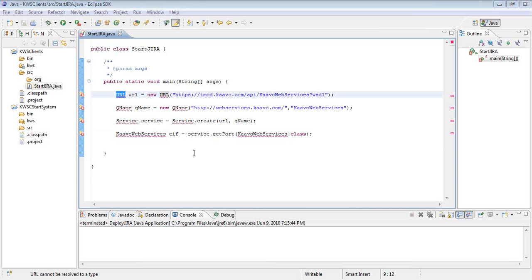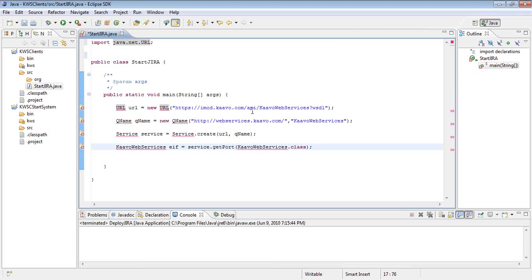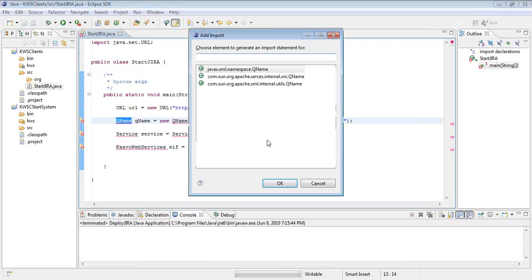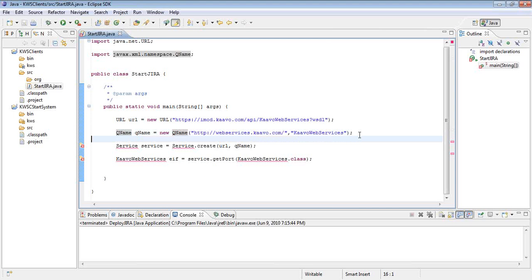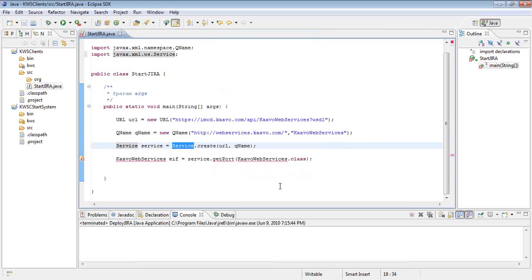So we are capturing the URL of the web service WSDL file in the URL object. Then we are mentioning the qualified name of the service. After that, we are creating a service object.